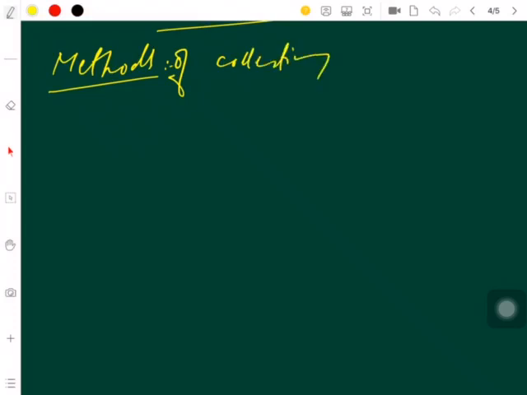Before we talk of what the methods are, I'll give an example. Before explaining anything, I'll make an example for you. Methods of collecting data. Okay, I'll give you an example. See, this is our